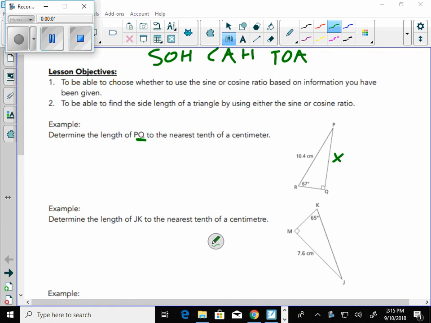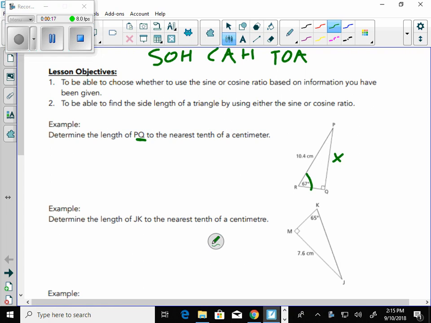So now we're going to use SOHCAHTOA. We're going to use SOHCAHTOA now to solve for side lengths. Okay? We're just going to keep going with sine and cosine here. So if we look at our triangle here with this angle at 67 degrees, the side that we've been given,